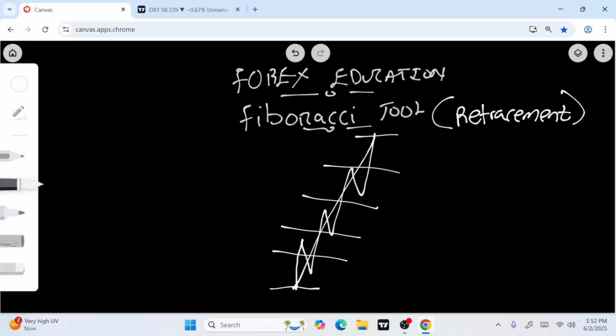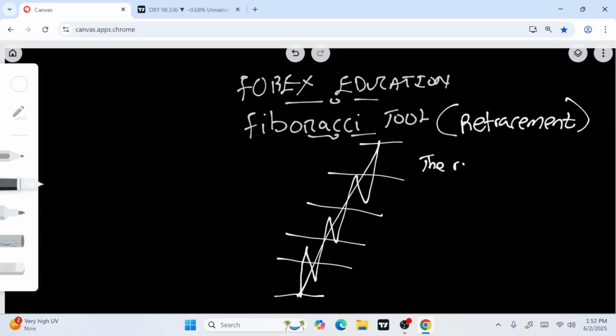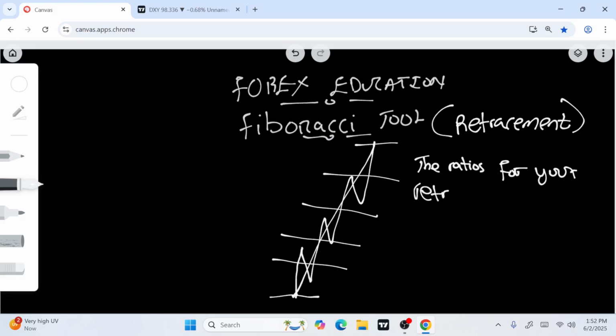I want you to write this. Now, I want to give you the ratios that divide that vertical line. So, the ratios for your fib retracement. Fib means what? Fibonacci, is that not so? Are